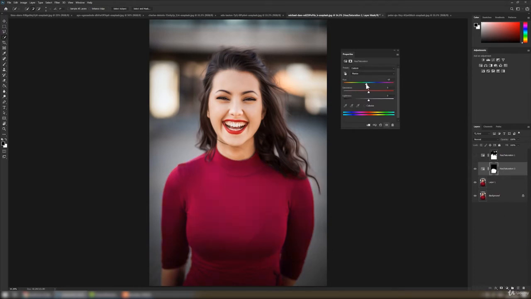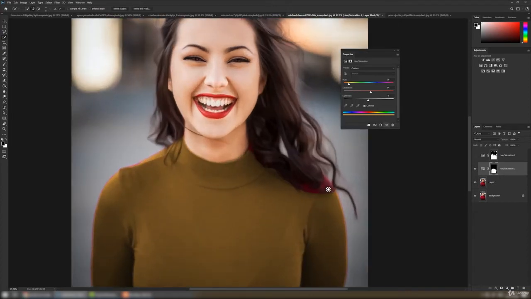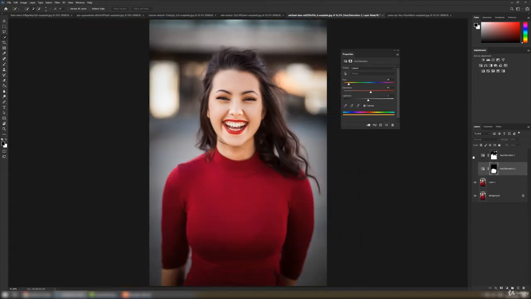If I drag it left or right, it will blend with the red color. Or if I click on colorize, it will give it a new color, the color we want to set. So we want this color, we will increase the saturation a bit, and increase the lightness. That's how you will change the top color. The more perfect selection you make, the better it will look. Or you can always improve this mask.